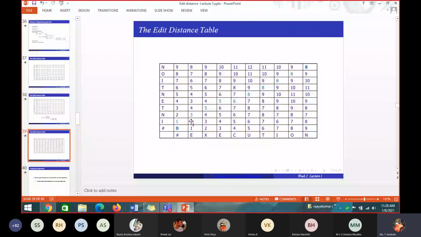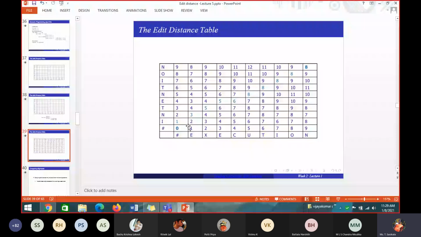I'll give a shortcut. You want to fill this box, right? Can you all see the screen where I am pointing? Its shortcut is: go to the corresponding left side, down and the diagonal. Left side plus 1, down plus 1, and the diagonal is either plus 0 or plus 2: plus 2 if both characters are not the same, 0 if they are same. Among these three, take the minimum value.